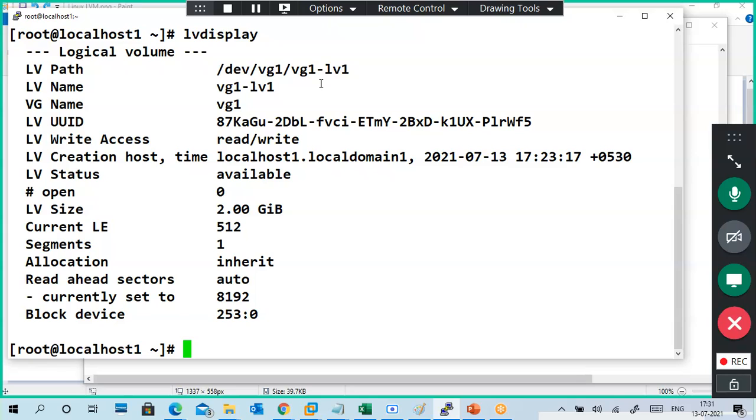Don't worry about what I displayed on the screen, that we will see. You have a volume. I created a 2 GB volume successfully. Now I want to put some data in that one. What to do? After creating a volume, firstly, we can create files or directories by using the mkdir command or touch command.